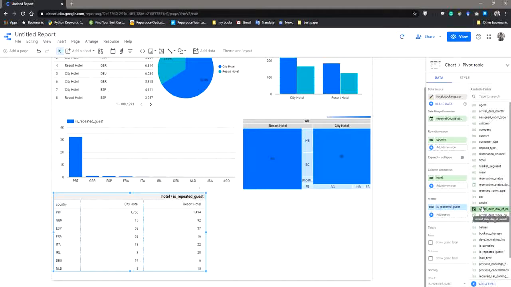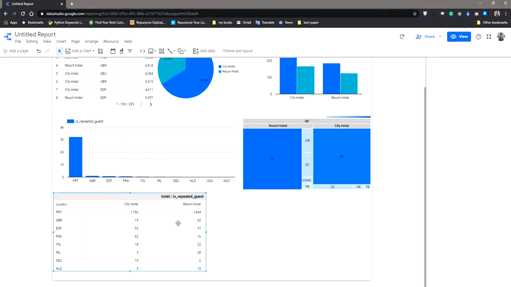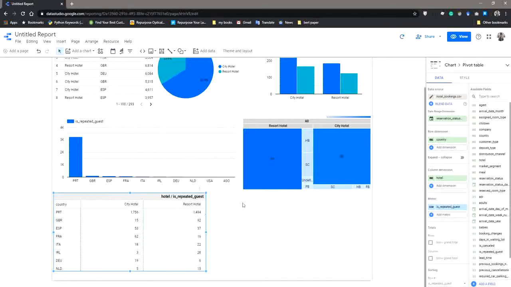So we can select the metric, as it has already given us the data. We can select some more data according to this to create our own pivot table, like if we want the data distributed according to the reservation status too.